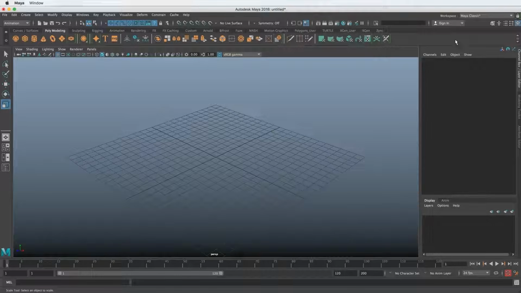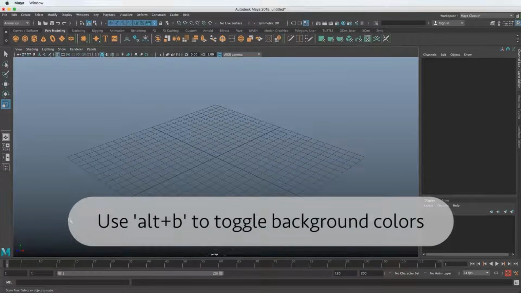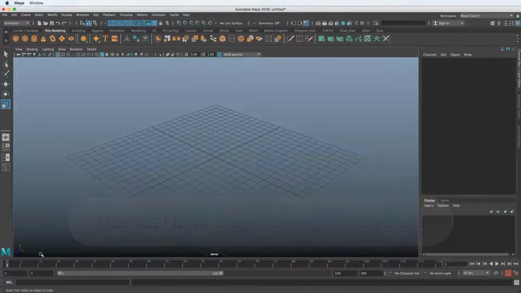Normally when you open up Maya, you're going to get some type of a view like this. And you can see down here that it says PERSP. And that tells us the camera view that we're viewing in the viewport. And that's what this middle section is here. This is called the viewport. And you can see the axes down here on the lower left. So you can see Y is up and Z is kind of to the left. And so this is where we're going to see everything that's happening in our scene.